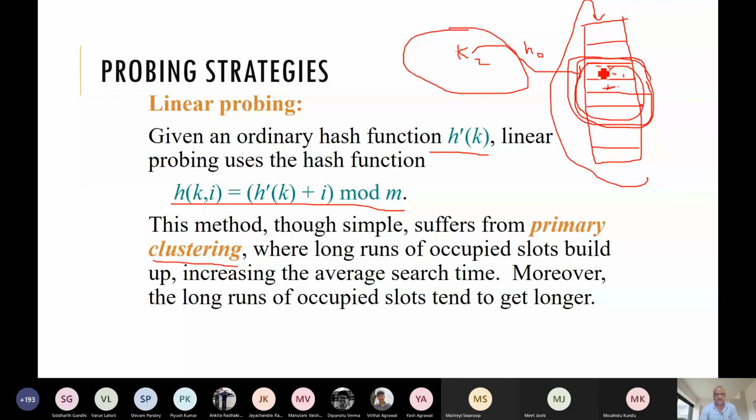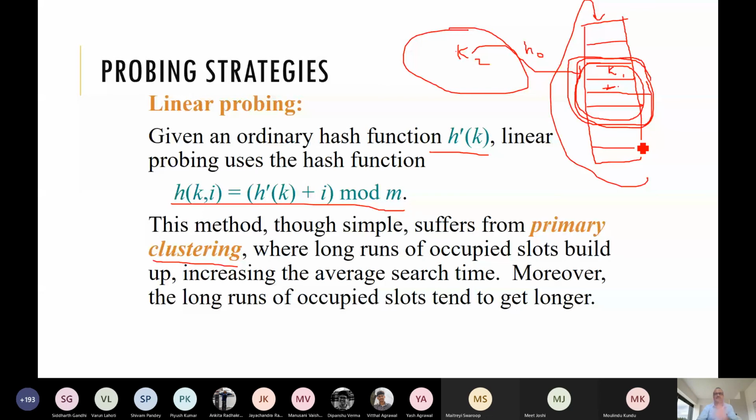So it is just a clustering around a slot which is occupied. That may create a clustering, which may not use all the slots. There could be some slots which are unused beyond these clustering slots. So this is not a good hashing in that sense. Linear probing is usually not good. So then we have to go for the next one, which is called double hashing or double probing.